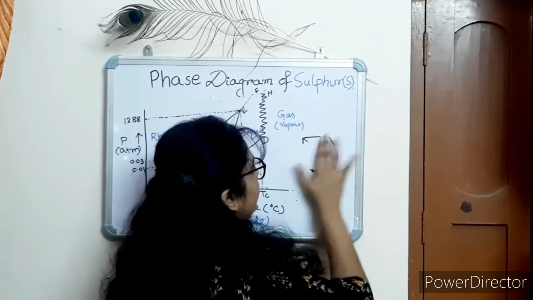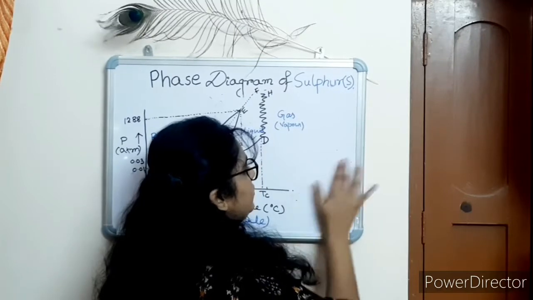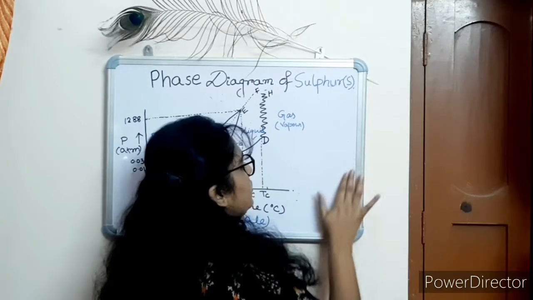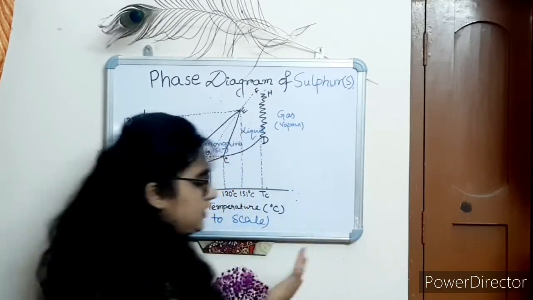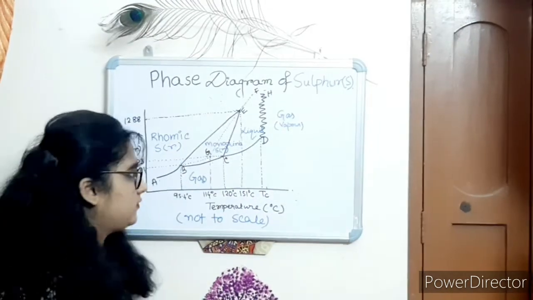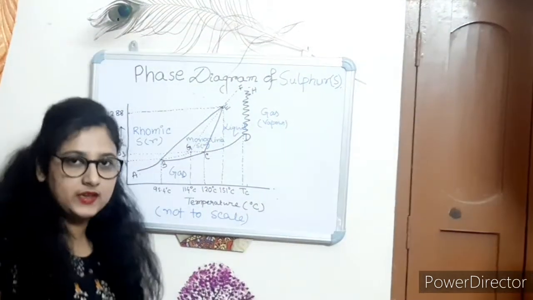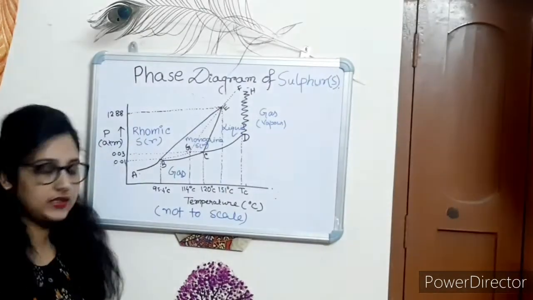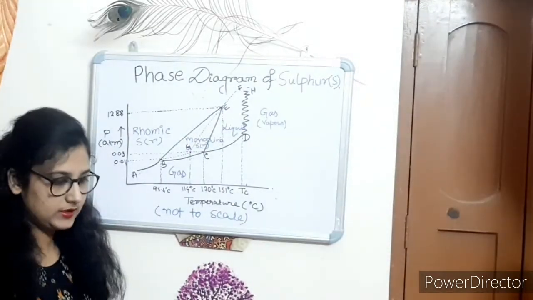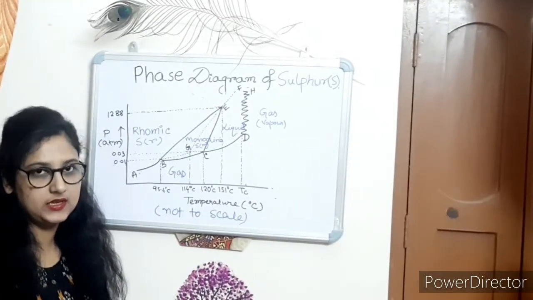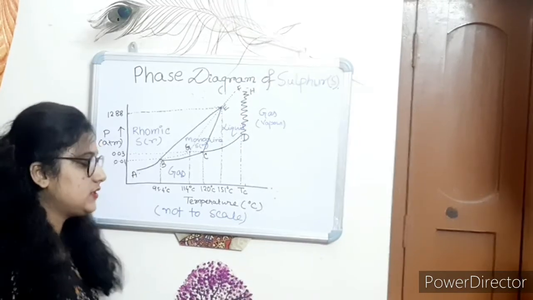So from the phase diagram, now it will be much easier for you, the phase diagram of the sulfur system, if we follow my previous videos. Now, the phase diagram is basically the pressure-temperature diagram. From this phase diagram you can see at which pressure and temperature one phase can exist of a system.